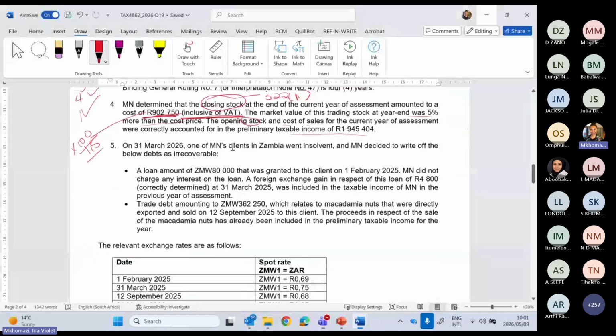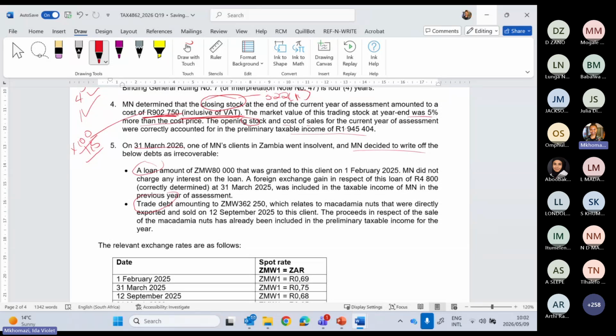Then for the last transaction, for transaction number 5, remember in transaction 5, you need to also consider required A2 that says that you need to look at the VAT implications. So when you answer this part, you might as well answer required A2 as well. So transaction 5 says that on the 31st of March 2026, so this is again in the current year of assessment, one of MN's clients went insolvent and MN decided to write off the debt as irrecoverable. So this was in respect of a loan and in respect of trade debt. So for this transaction,